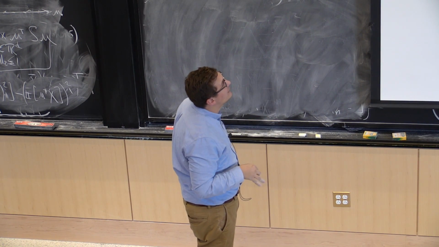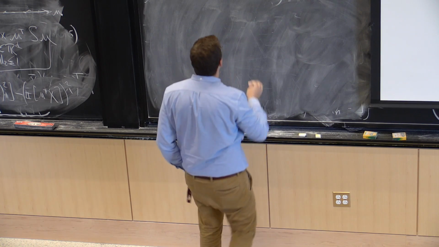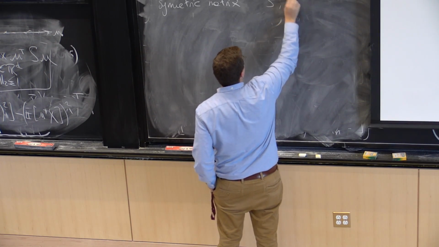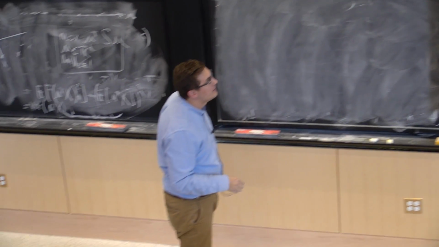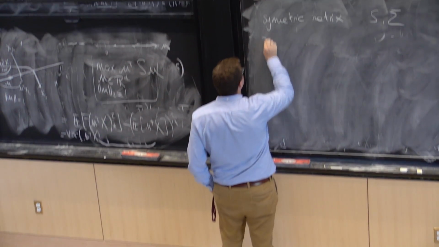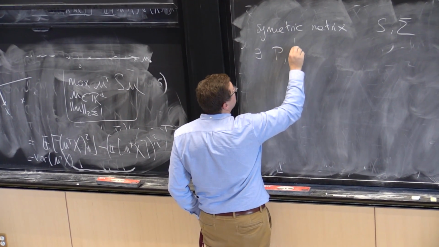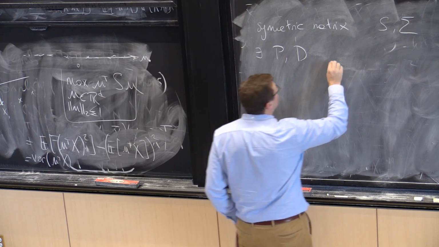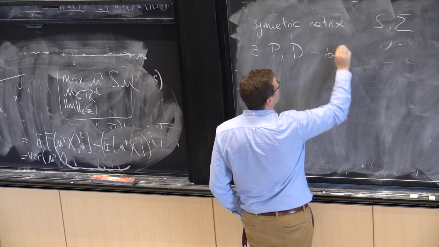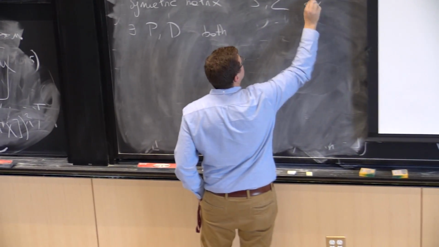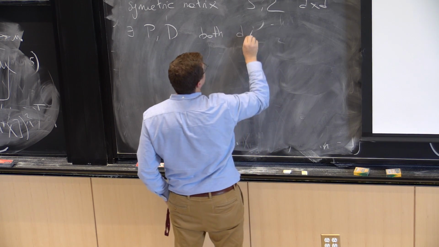And actually S and sigma are two such symmetric matrices, right? Then there exist P and D, which are both D by D,